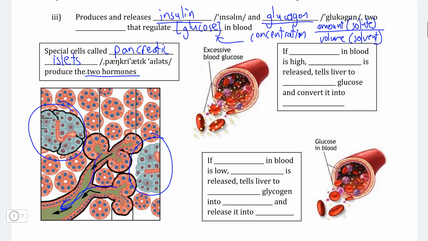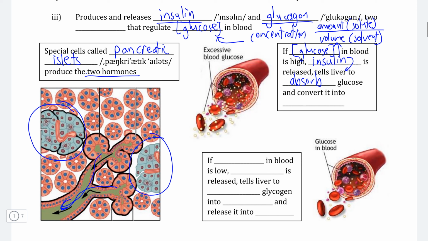So the way that insulin and glucagon work is relatively simple. For example, if the pancreas recognizes that there is a large amount of glucose floating around in the blood, this signals the pancreas to produce and release insulin. Now, insulin is going to travel to the liver because one of the primary functions of the liver is glucose storage, and the insulin is going to communicate to the liver, you need to help out our blood and